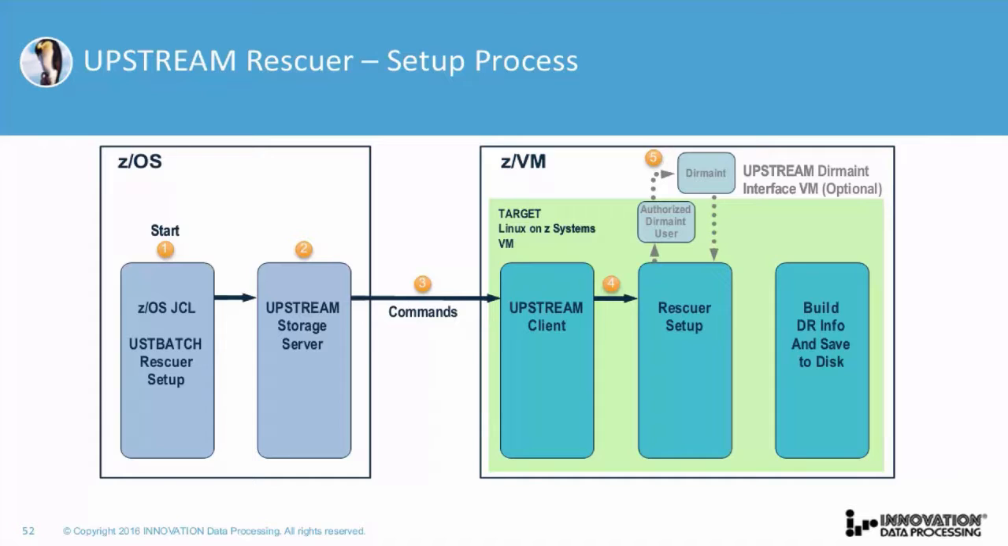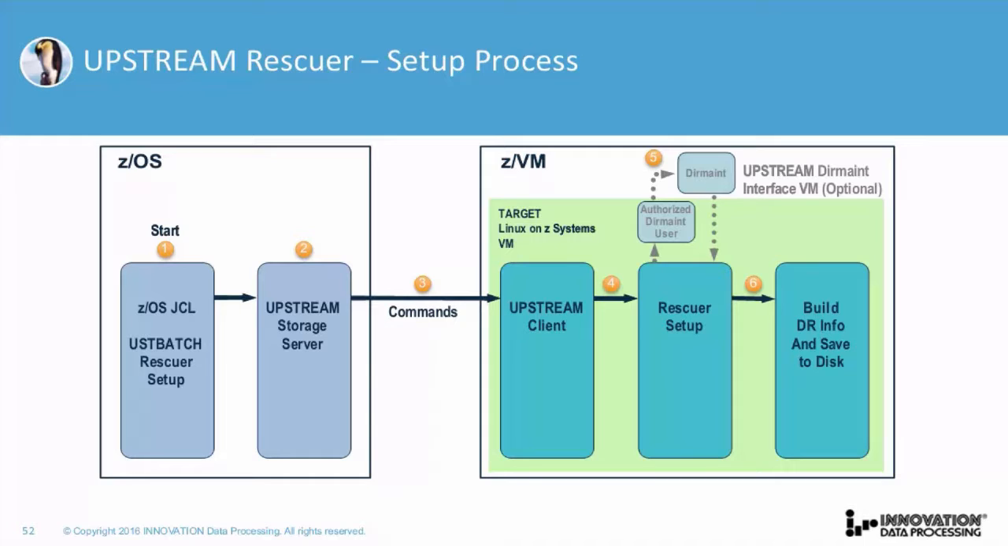It makes it a little bit more transparent. And that is optional. Step number 6, the rescuer setup script will now build a file called dr_info. This file contains Linux-specific system configuration information that will be used at recovery time to reconstruct the Linux virtual machine. Once this information file has been built and saved to disk, and the elapsed time of this entire process here is a few seconds at most,